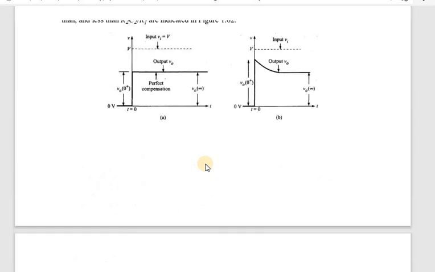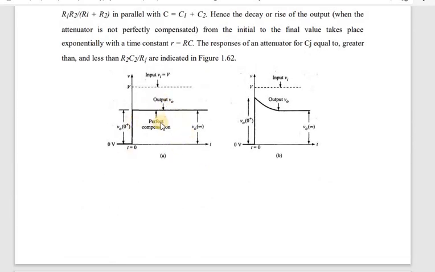So by using this, you will get perfect compensation, perfect attenuation here. At V0 equal to 0 you will get it properly. At this point, this is actually V, you are attenuated up to this value, because we only require up to this part of attenuation. So this is called perfect compensation, V0(0+). This is in terms of your resistor, this is in terms of your capacitor, right? You got your proper output here. Actually this was the input, with V the amplitude, but we require only this part, so this particular part has been attenuated.